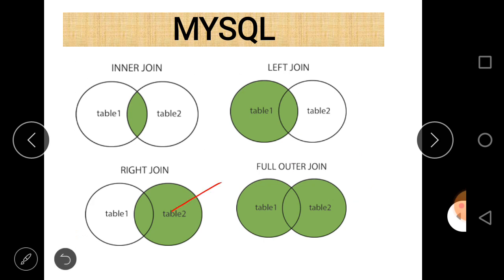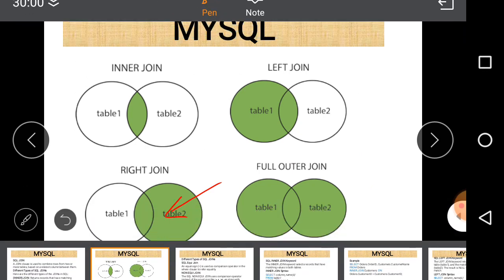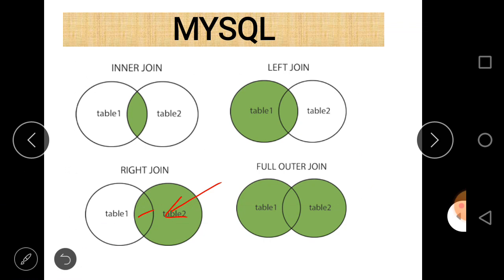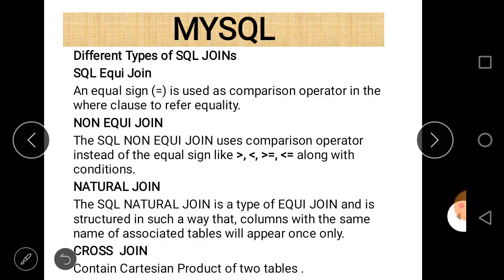So table 2 is completely selected, and for table 1 only the area which is common to both of them will be selected here, while in full outer join both of the tables will be selected fully. That's why it is called full outer join. So these are the examples of outer join, and this is the inner join. In inner join only the area that is common to both of the tables is joined.